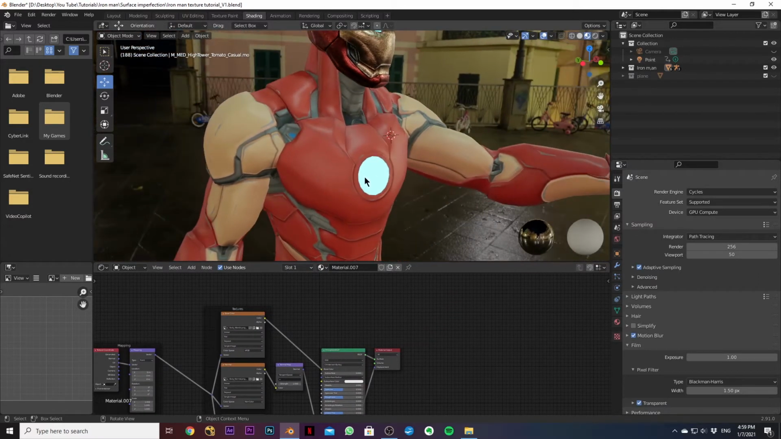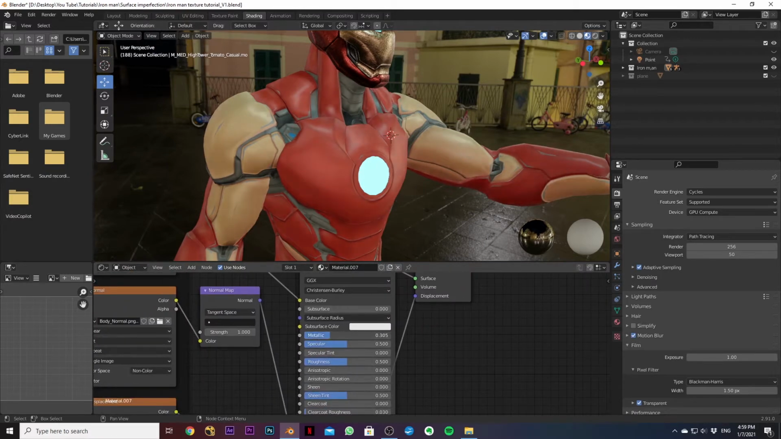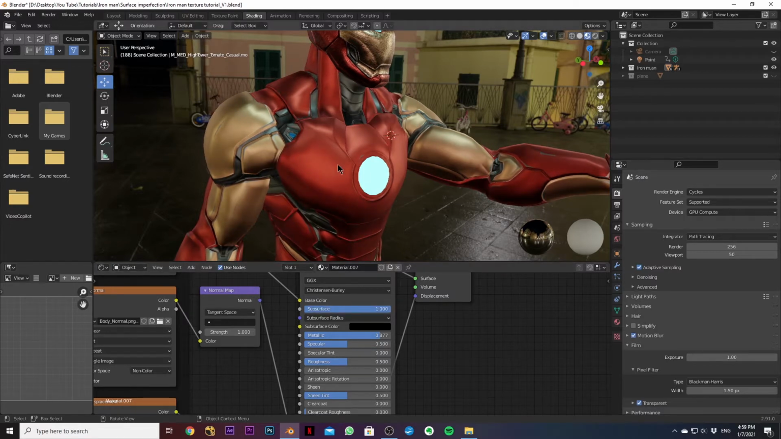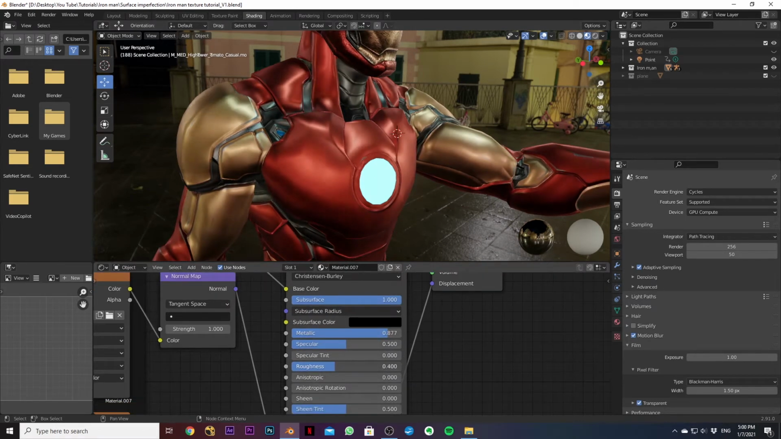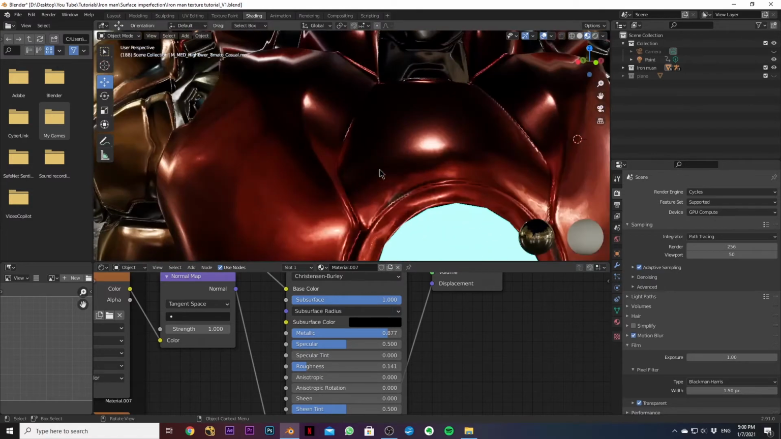So first, this one needs to look more metallic. So I put up this metallic slider right here. And then I also want to have it a lot darker. So I put the subsurface color to black, and then I slide the subsurface a lot. As you can see, there's not a lot of difference, but it makes the whole suit look a little bit less bright. And then I can just go down with the roughness, and I got a very nice looking